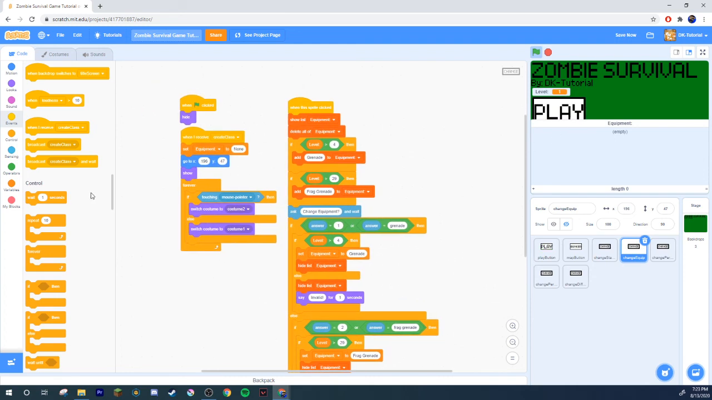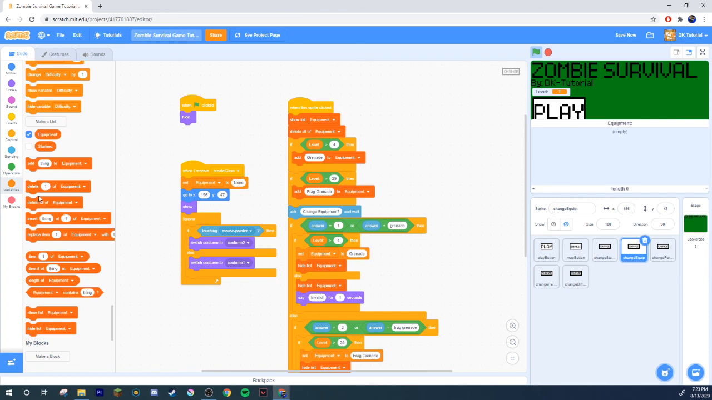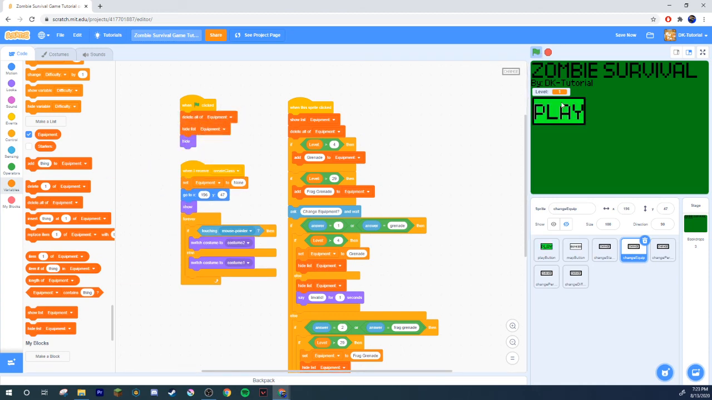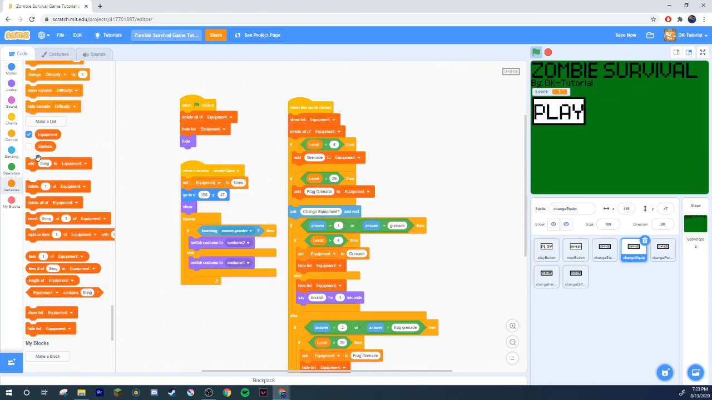Oh, that's another thing we have to fix. When the green flag is clicked, delete all of equipment, hide list equipment. That, there's nothing to change it to. Cool. So now let's say our